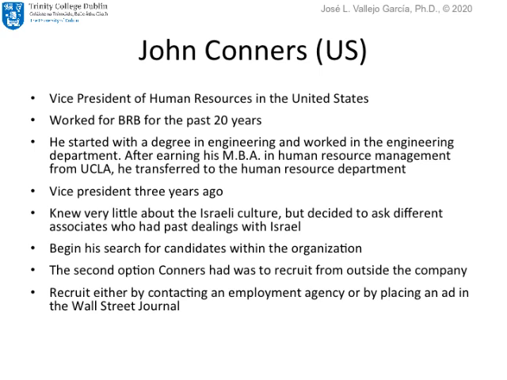So begin his research for candidates within the organization. That was one of the recommendations of the manager. The second option Connors had was to recruit from outside of the company, either by contacting an employment agency or by placing an ad in the Wall Street Journal. So John Connors represents the U.S. This person has a lot of experience in the company. He is inside the company, and he will propose